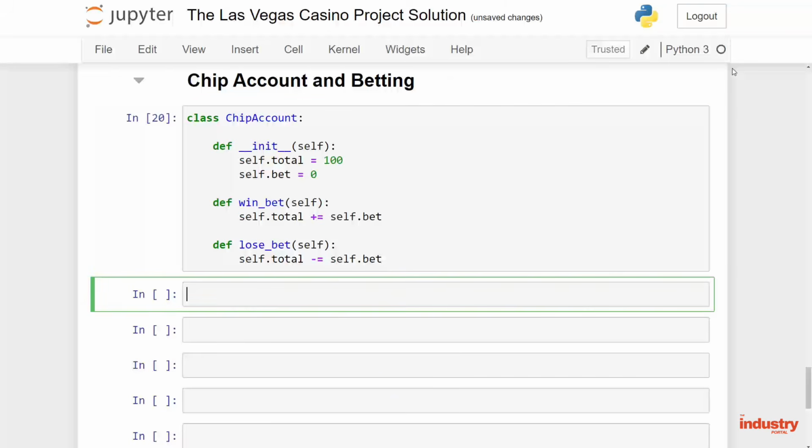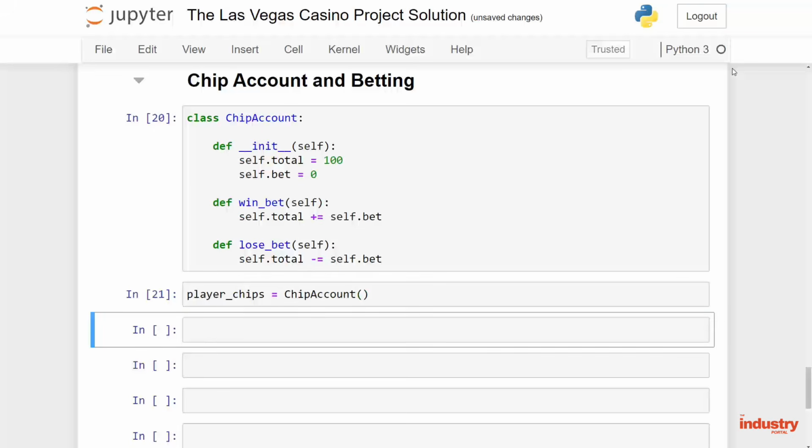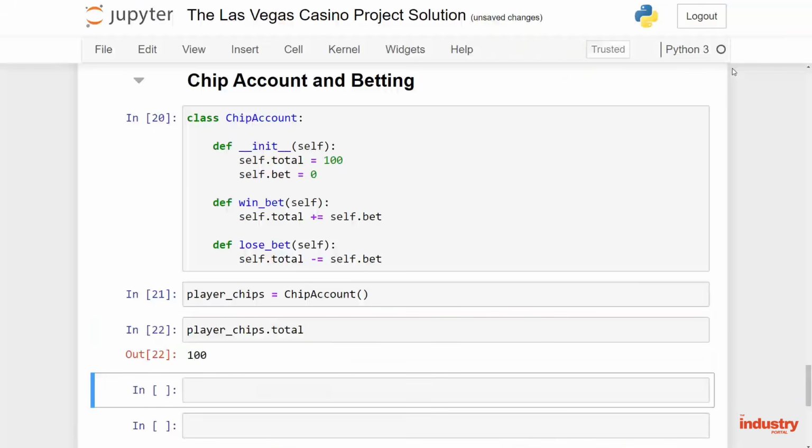So if we wanted to create an instance of this chip account, we could put something like player_chips equals a call on the chip account class. And to check that it's storing the correct information from the start, if I put player_chips and then a dot, when I press tab, you can see that we can access the bet attribute, we can call upon lose bet, we can see total, and we can also call upon win bet. And if I select total and then run this code cell, you can see that we get the value 100